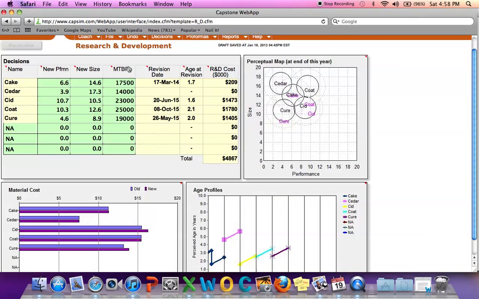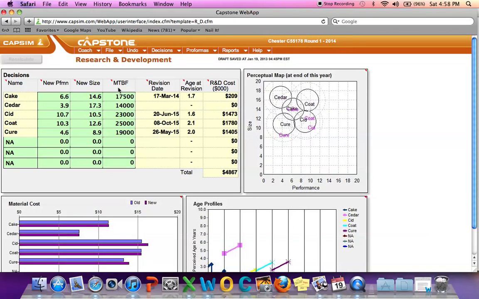Now again, when you're in here making these choices, you've got to realize anytime you're making a product of better performance, of smaller size, one that lasts longer, it's going to cost you money. In fact, anytime that you change anything in here, especially the mean time before failure, if you change it to go up or down, it's going to cost you money because you're actually manipulating the actual product. Now, the way that you can play with it and figure out what you want to do is to go to the income statement here under the pro formas,